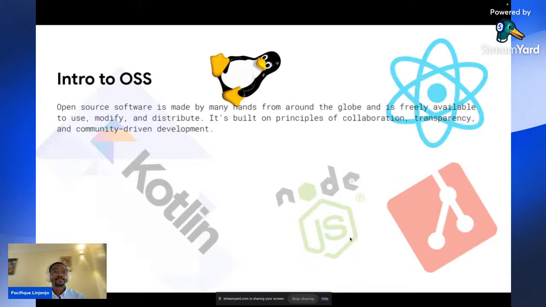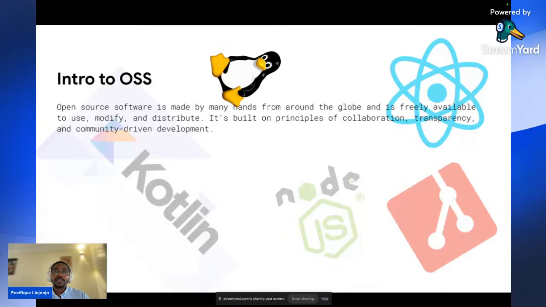For most of us, maybe we don't know exactly what an open source project is, but we have certainly used one of those products in the past. An open source project or software is just software which is opened for utilization, so people can use it in an open manner. People can contribute to it. We'll talk about contributing and how we can contribute.